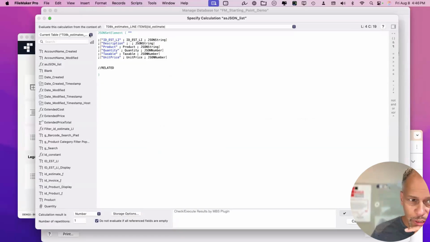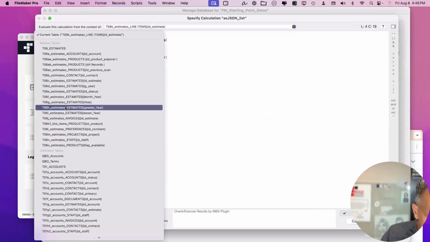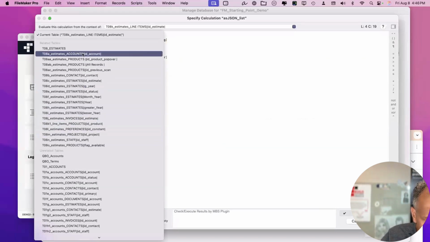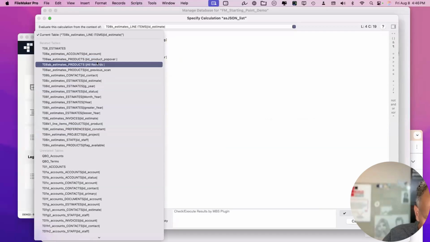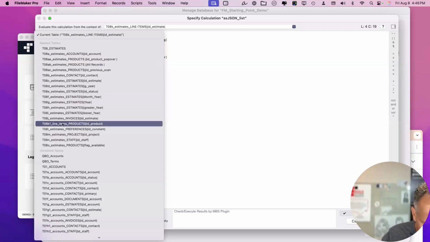So I'm going to check. Hopefully we got something here. Related tables, good. Do we got products in here? Oh yeah, estimates to products via the ID account. No, we would ID product. Is there one ID product pop over? I don't know what that is. So maybe there's another one here, right here. Estimates